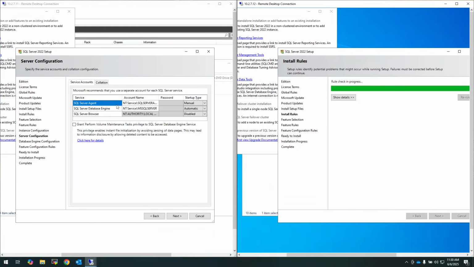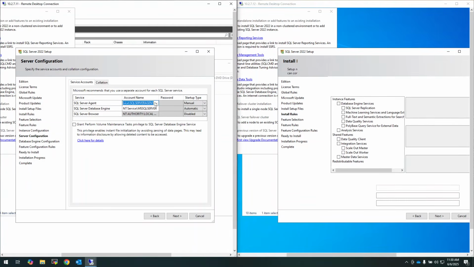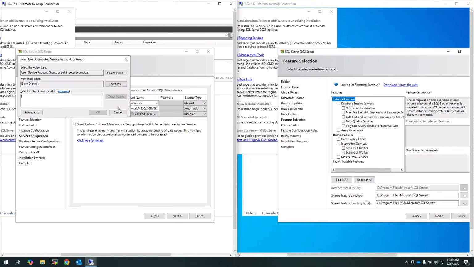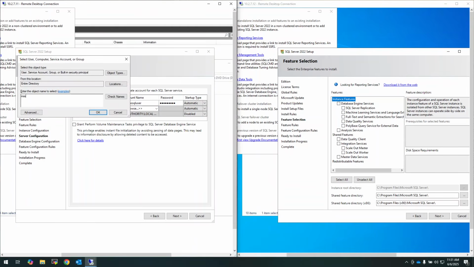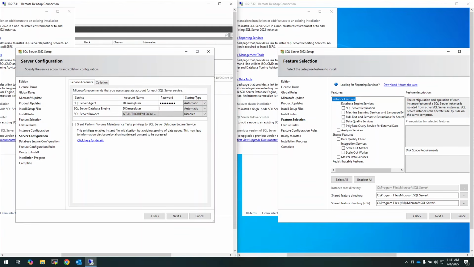At this point, change the service account to the domain account we created earlier, which is already added as a local administrator on MSSQL1 and MSSQL2. Enter the account password and set the startup type to automatic, applying the same changes to the Database Engine service. Leave the settings for SQL Server Browser as they are. Next,